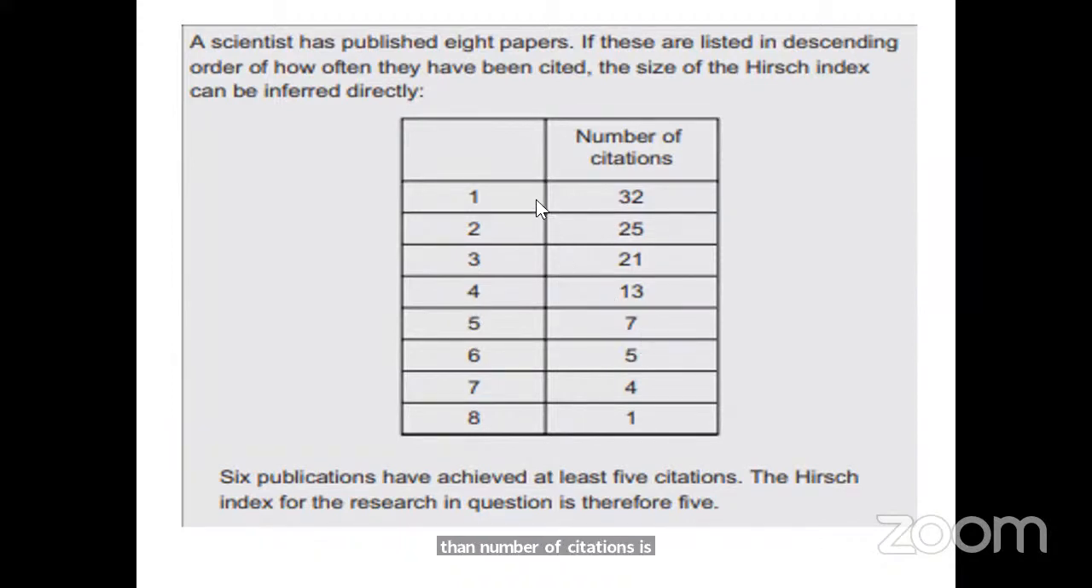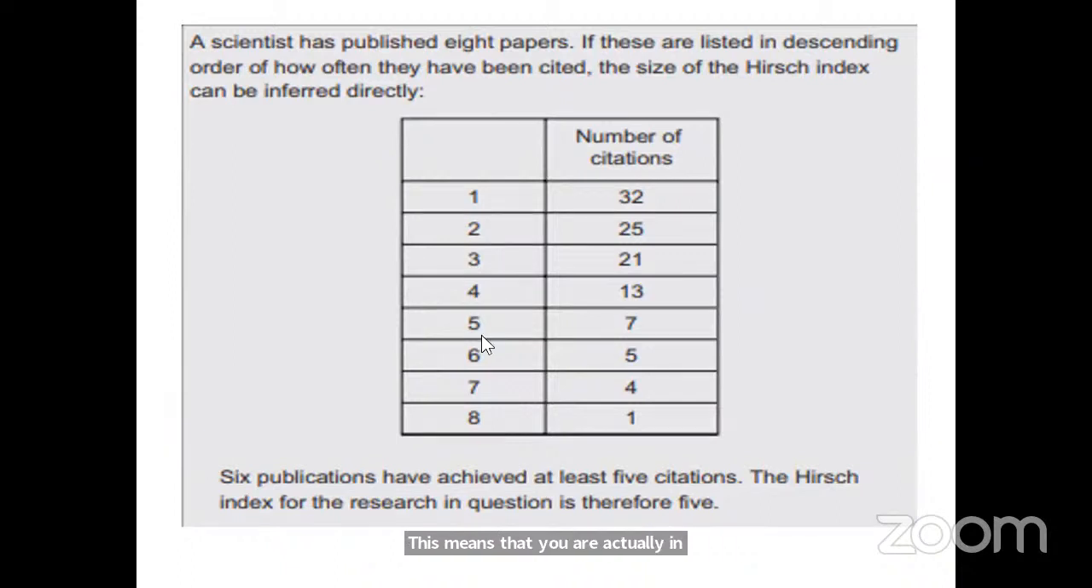How? Let's see. In the first row, 1 is less than 32, so your H index is not 1. 2 is less than 25, so your H index is not 2. 3 is less than 21. No. 4 is less than 13. No. 5 is less than 7. No. 6 is greater than 5. Stop. This means that your H index is